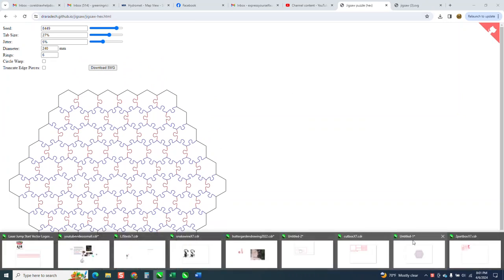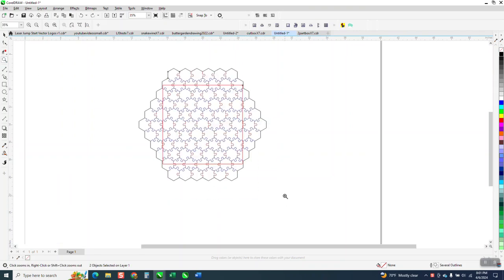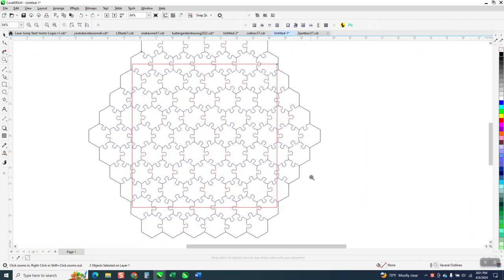So I just saved it as an SVG and brought it into Corel. So there it is. Now, I'm going to make it a square, and that's really, really easy. And you've got to think about some things, like you wouldn't want that little half piece there. So let's